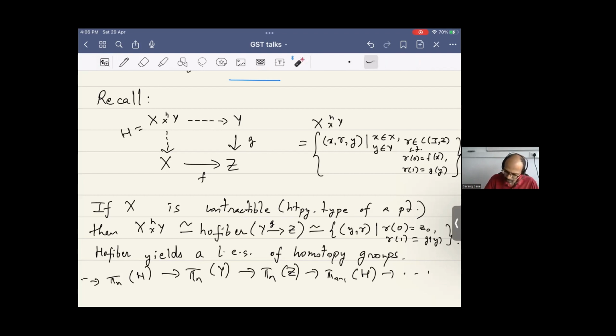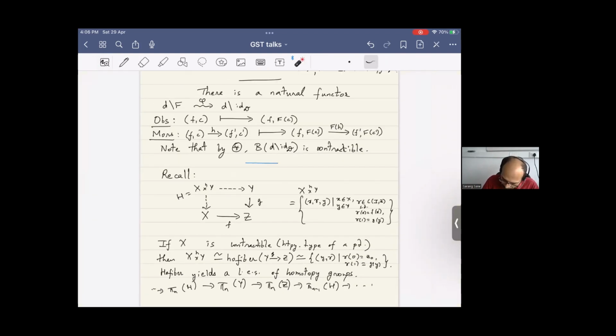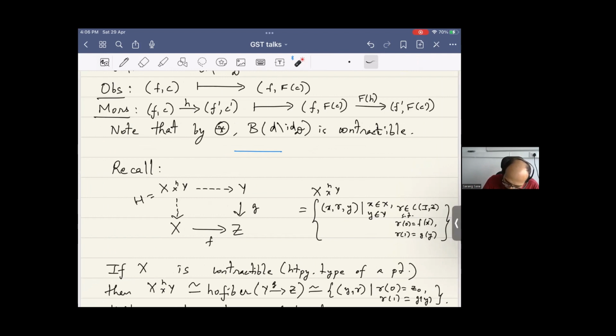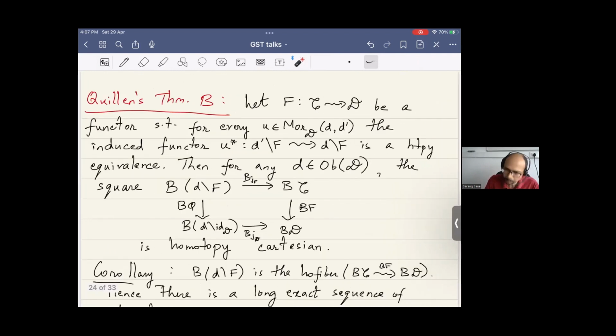Okay, so just recall this. Quillen's theorem B essentially tells you when you get a homotopy Cartesian square involving BF. So let's read through it. If you have a functor like this, such that if you take any morphism in D, in the category script D,